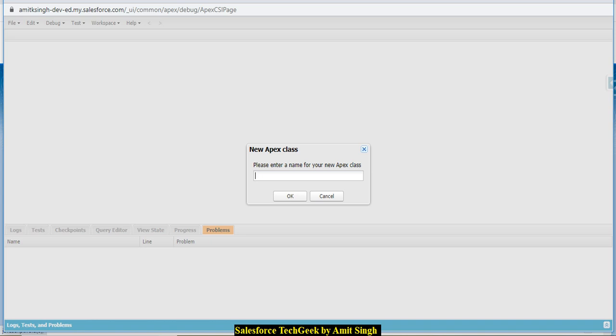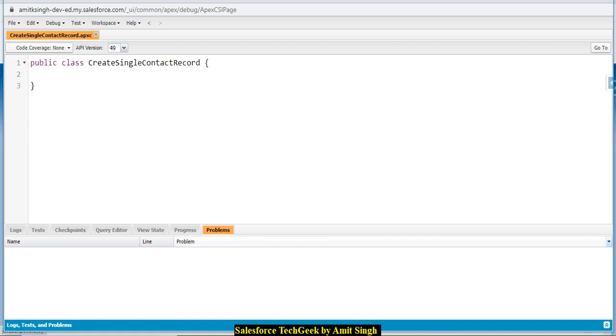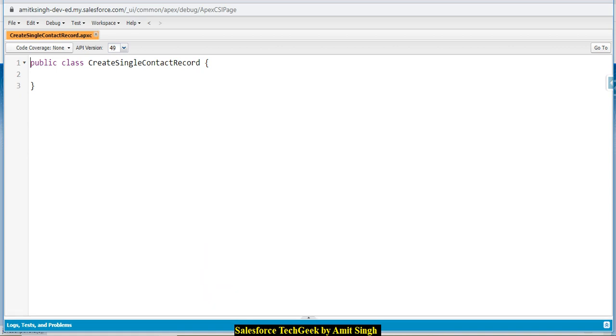So I will write create single contact. So guys, the name should be meaningful, so you can write the name as per your convenience. Here I have written create single contact record and just click on the OK button. So now the class is created with the name create single contact record,